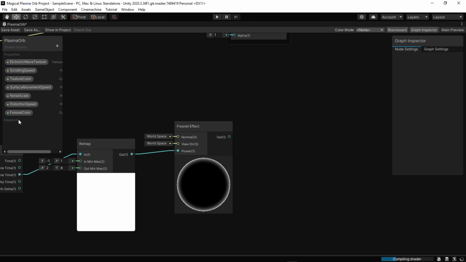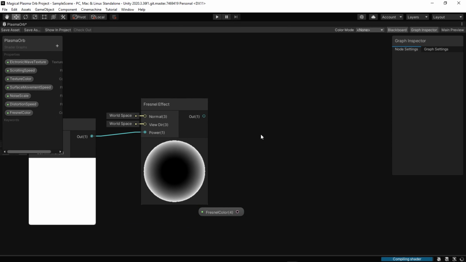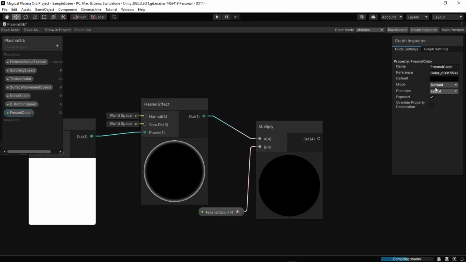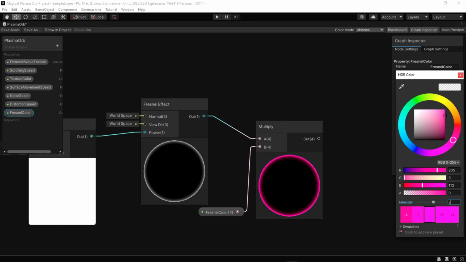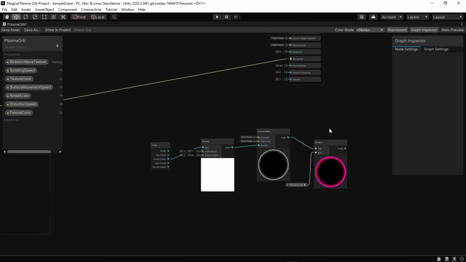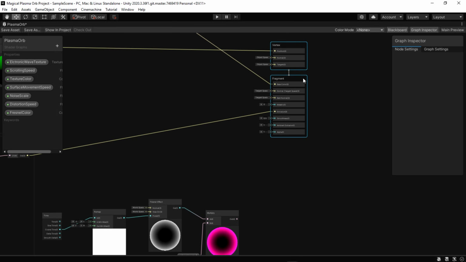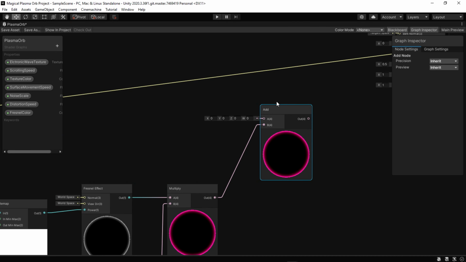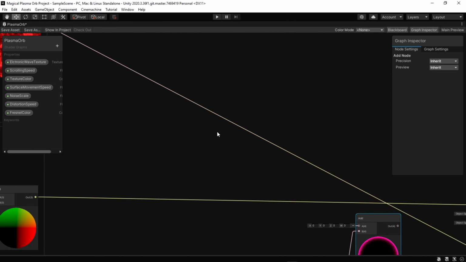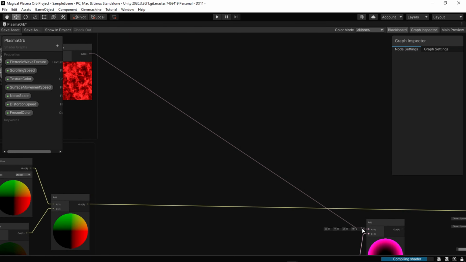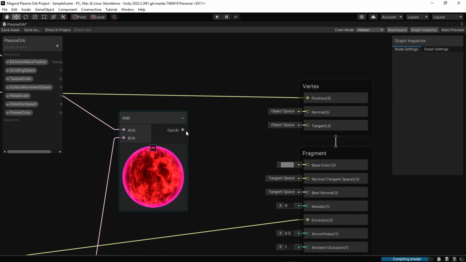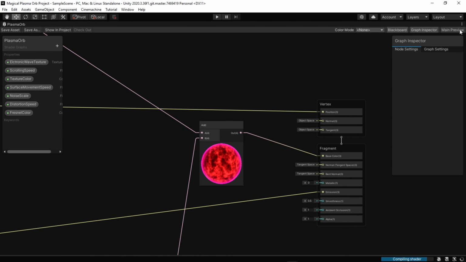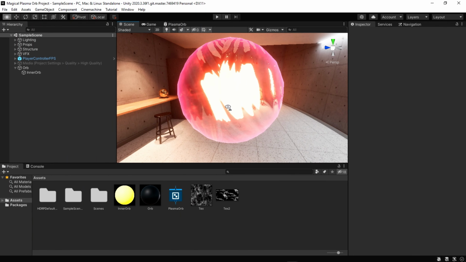And color for Fresnel effect, then add this with texture scrolling. That's it. Now be sure to change the values in the inspector to get the best result.